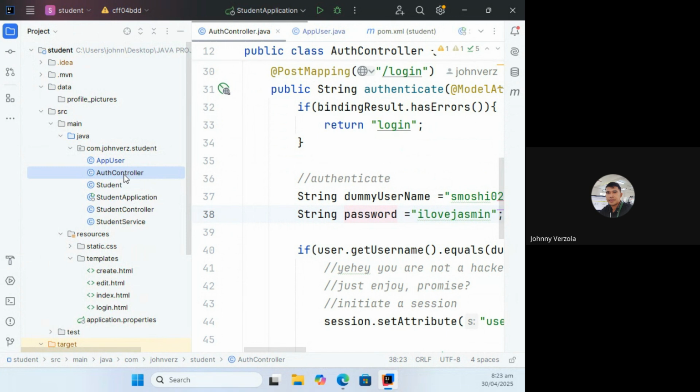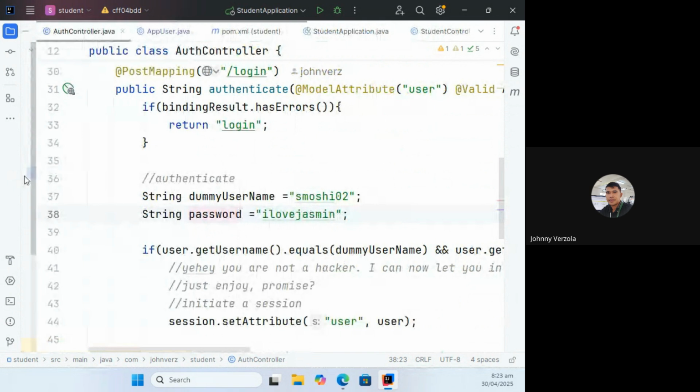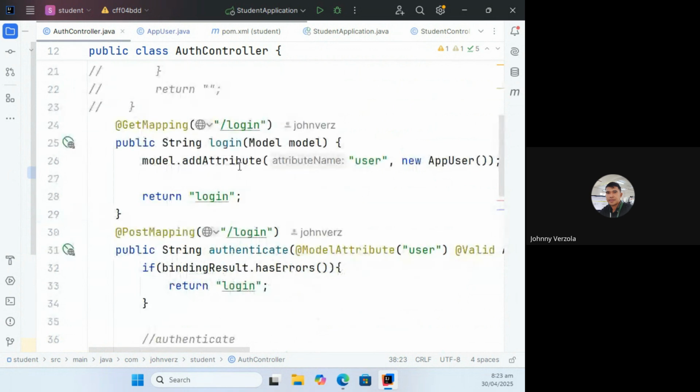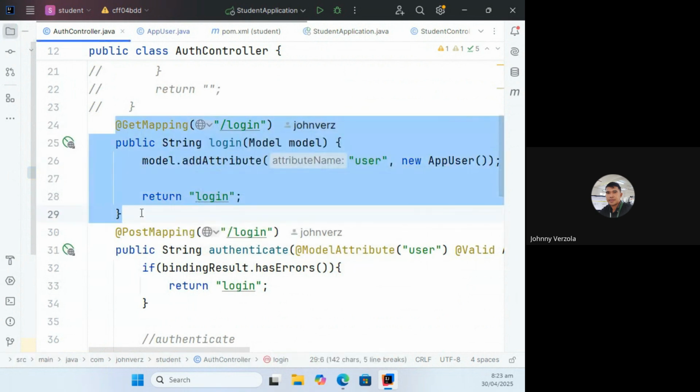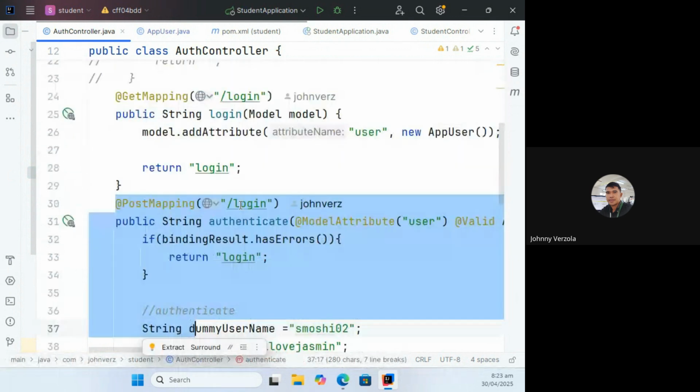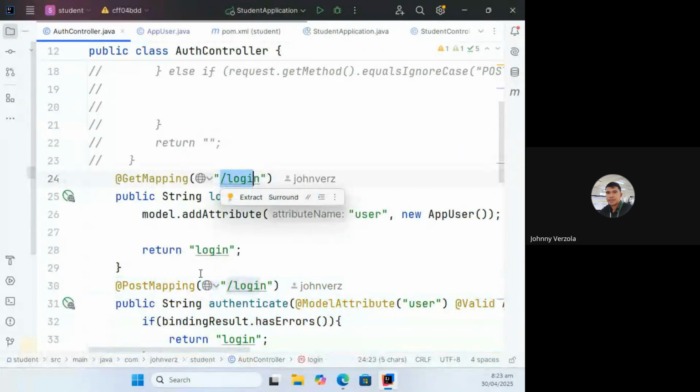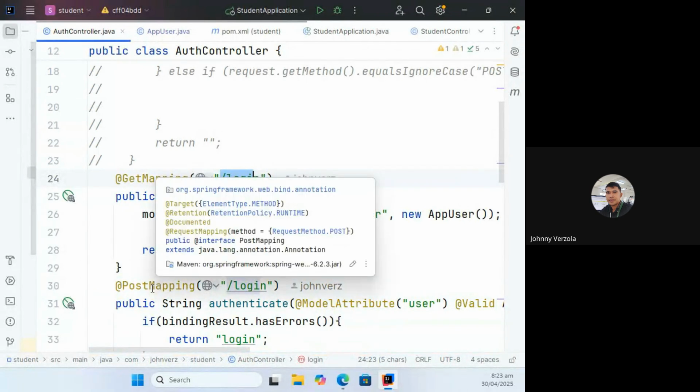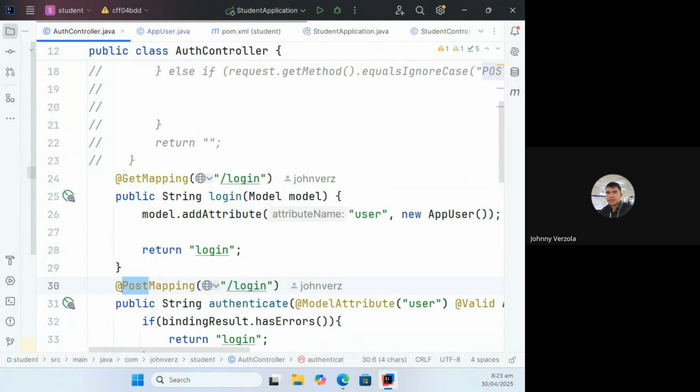But it's not required. It's just a convention. It's just a best practice of separating codes or controller routes of different concern. Okay, so we created here two routes, basically one for displaying the login form, and then accepting the data of the form, which share the same route, but the second route is basically a post mapping. What does this mean?